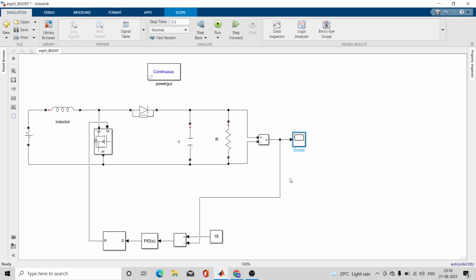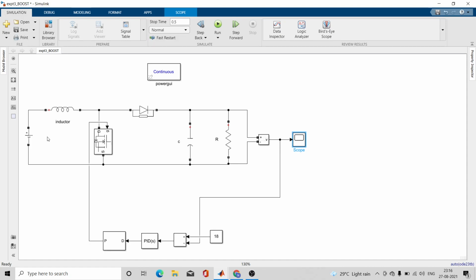What is the main thing over here is this PID controller. This is a controller which changes the duty cycle and the pulse width of your gate signal to the MOSFET. So the main magic happens over here. What is happening?